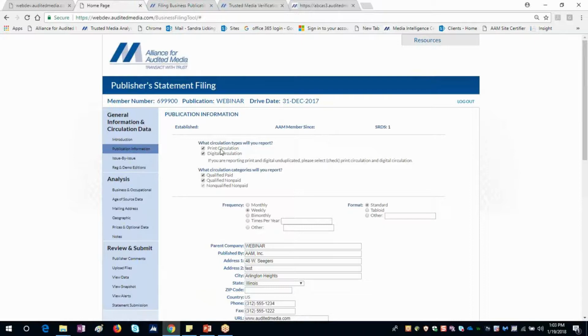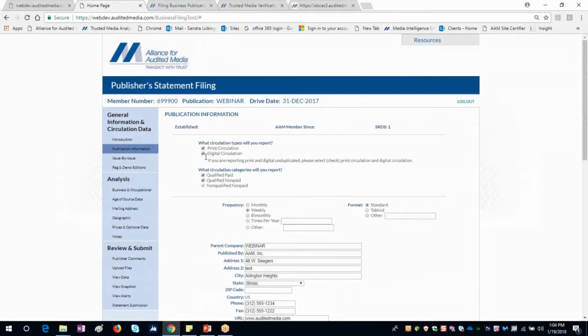The first question it's asking: what type of circulation are you reporting? Do you have print? Do you have digital? Do you have both? In my case, I have both, but if I only had print, I would uncheck digital, and then that would show print only. But if you have print only, and then you realize you need to report your digital, you need to make sure digital is checked.